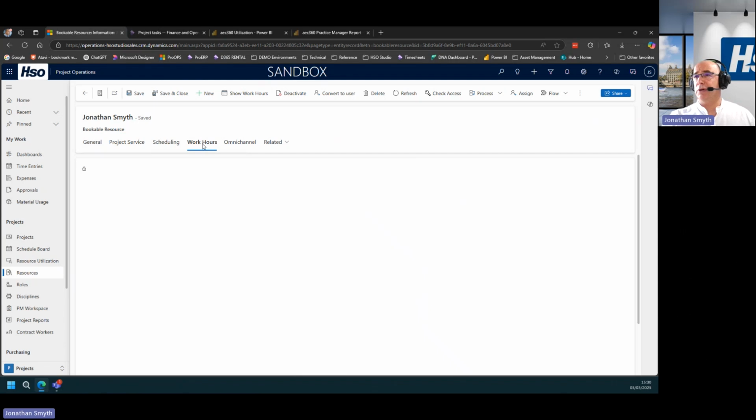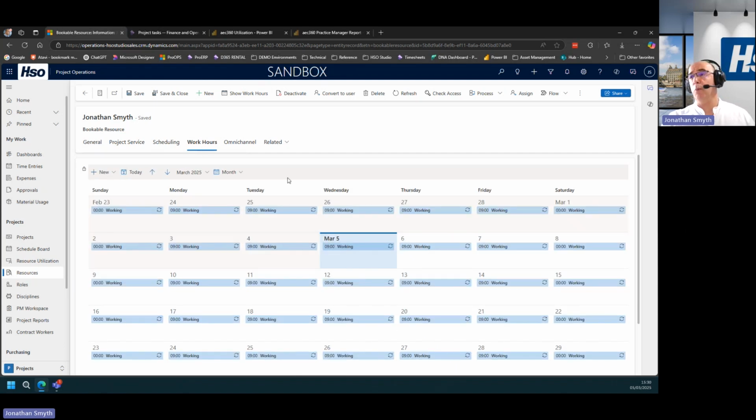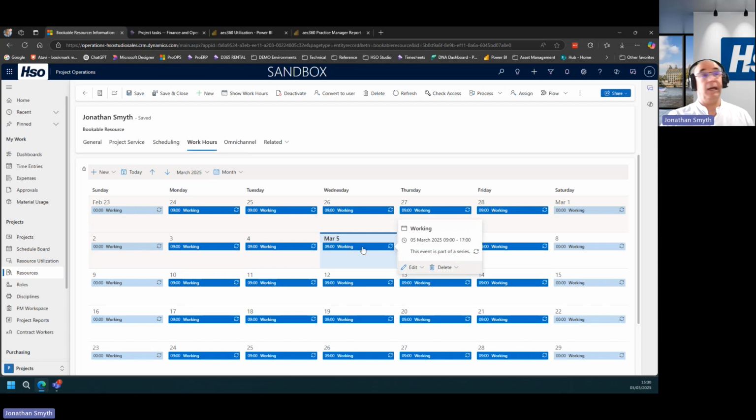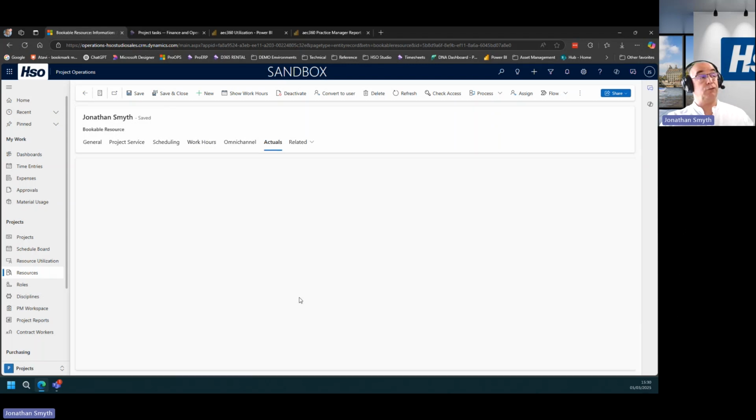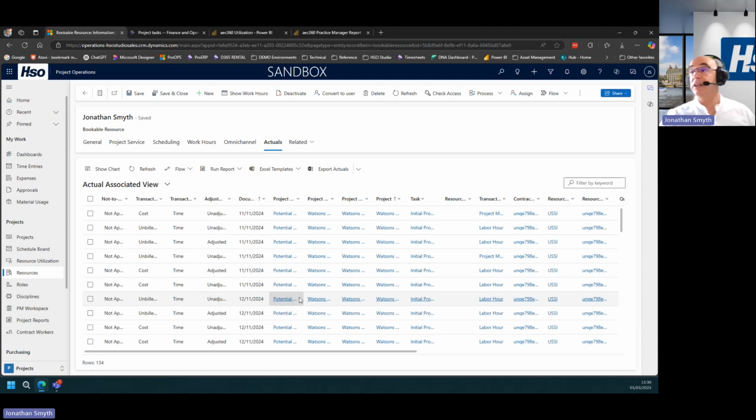We can also go on and have a look at our work hours, so we can have different working time templates for each of the project resources, so that in this example, I think I'm set up for a simple 9 to 5. Yes. On this specific schedule. And then we can also drill off and go and find other associated information. So if I'm interested in perhaps some of the actuals that I've booked through as a project worker, then we have an ability to go and find all of the actuals that have previously gone through, and of course filter on the basis of any of these various different criteria just here.